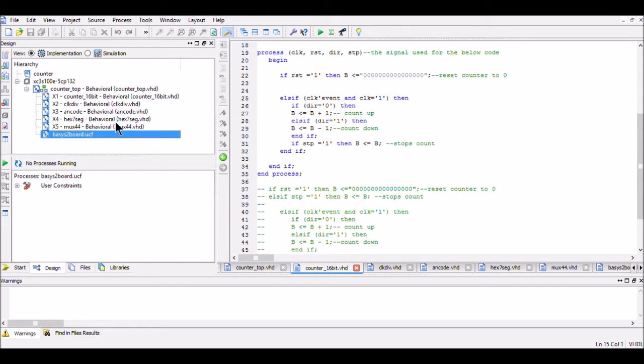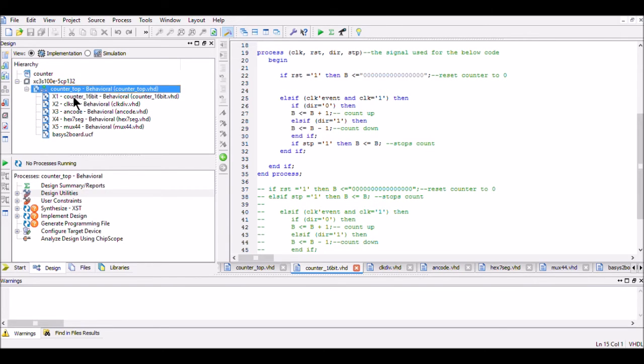That pretty much gives you a brief overview of how the actual programming of the circuit works. Once you've got to a point where you think everything should be up and running, you have a couple of options. You can create test benches and simulate the circuit,